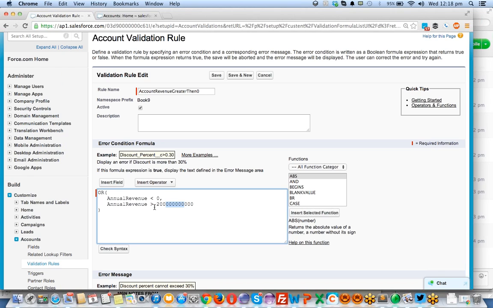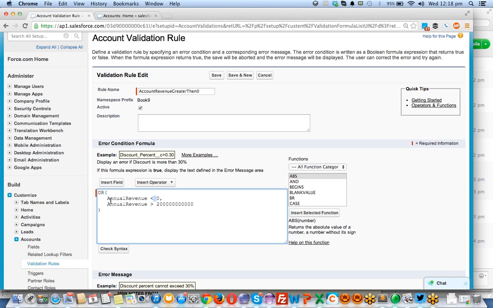If account revenue is greater than this amount, or if amount is less than 0, because in this validation rule I have not only kept it should not be negative, it should not be too much more also. Some people will enter false data like putting $500 billion. There are no companies which have that big revenues. That's the reason I'm picking this simple validation rule.